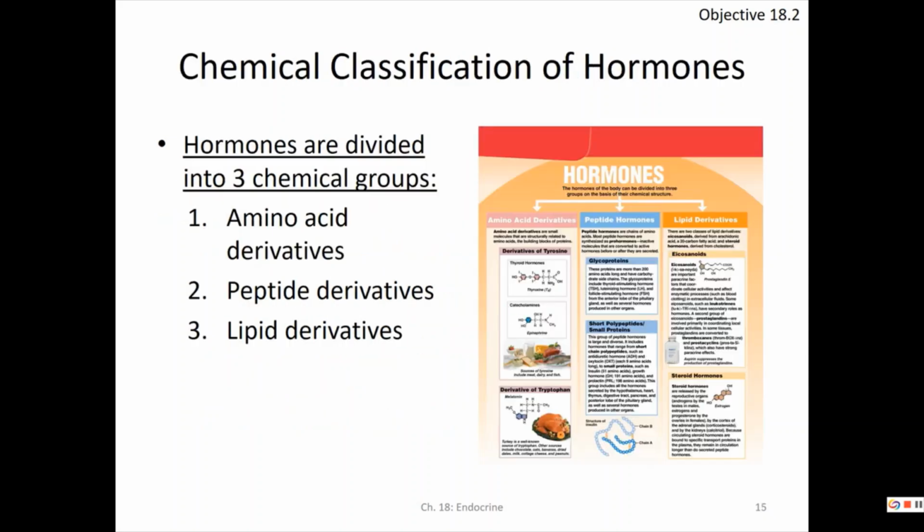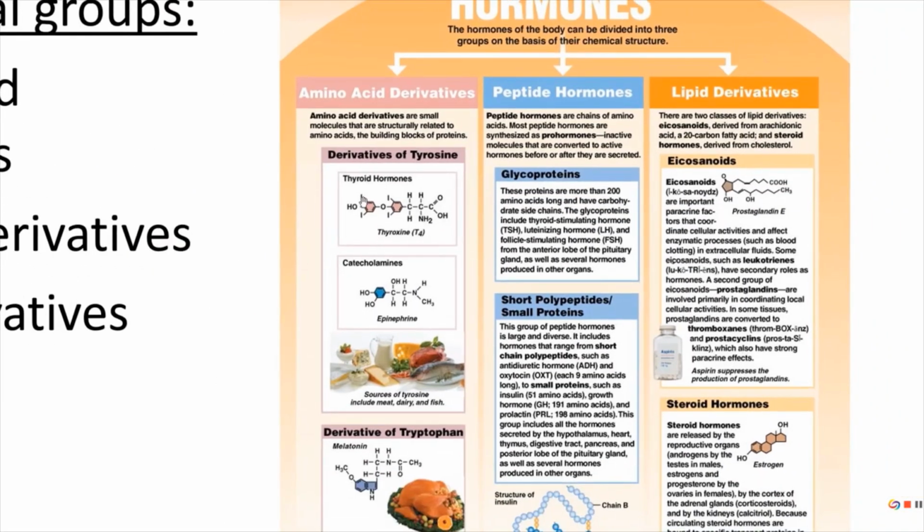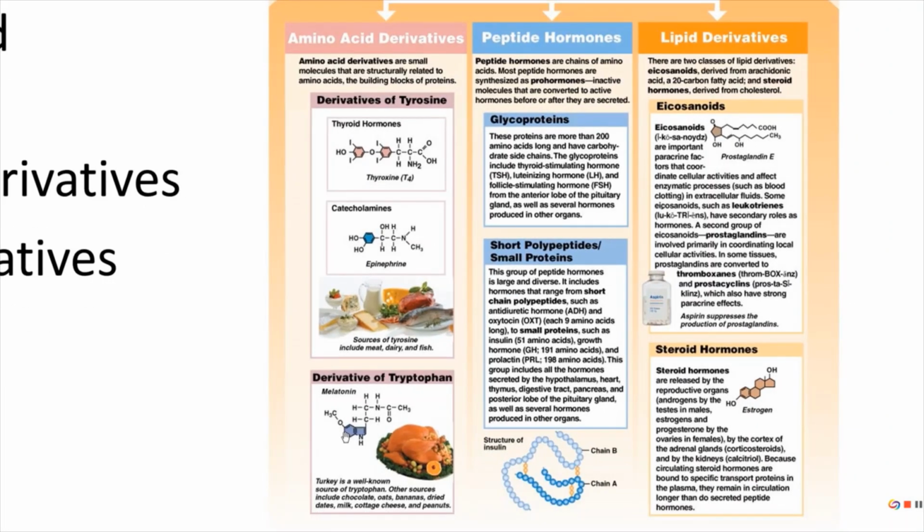First, if you look at this, you can see amino acids. You can see here we have an amino acid right here. Most of these are developed from some amino acid like tryptophan, which can go on to be made into melatonin. Epinephrine can go on to be made from tyrosine, things like that. Then we'll see your peptides. These are either glycoproteins or short polypeptides. Then we'll see lipids, and we'll talk about the eicosanoids, and then we'll talk about steroid hormones. All right, now,